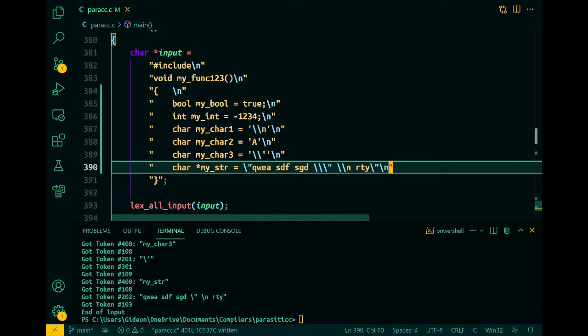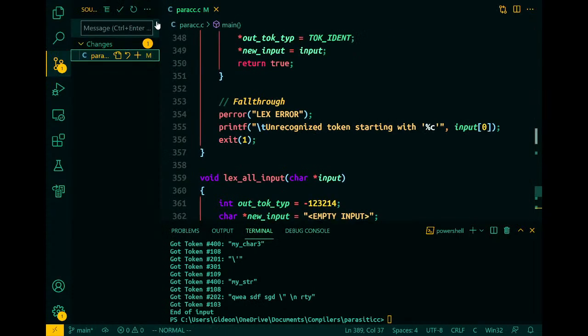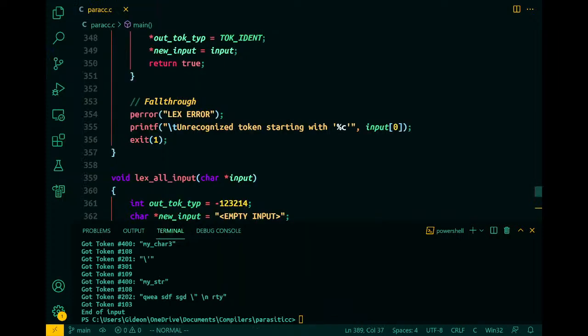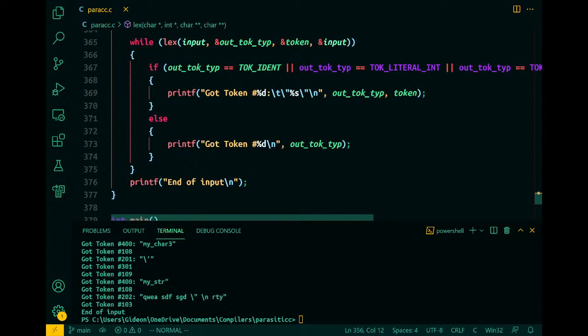All right. So let's commit this. Lex string literals. Next, what we're going to do